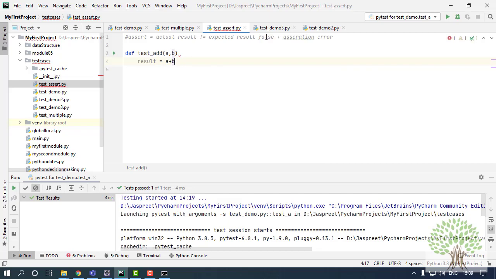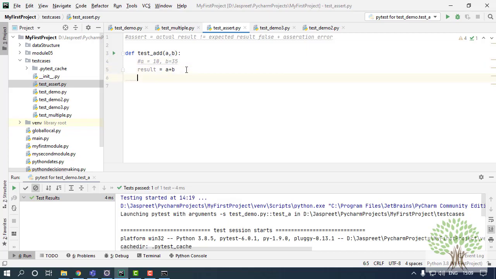Now I will be taking two variables. Let's say a is equal to 10 and b is equal to 35. So the output is going to be 45 that I got, right?